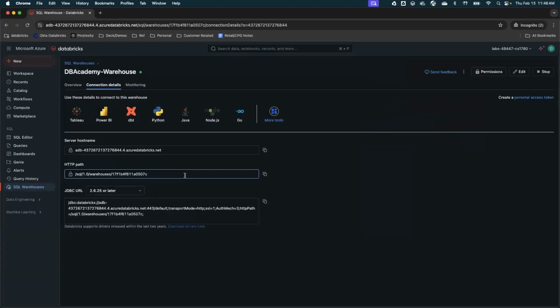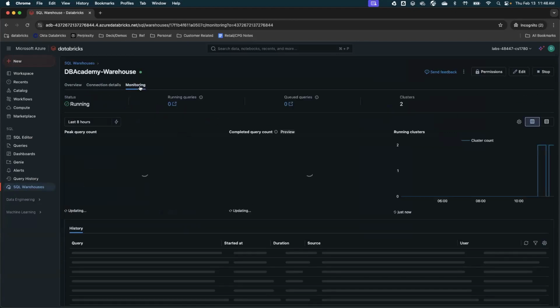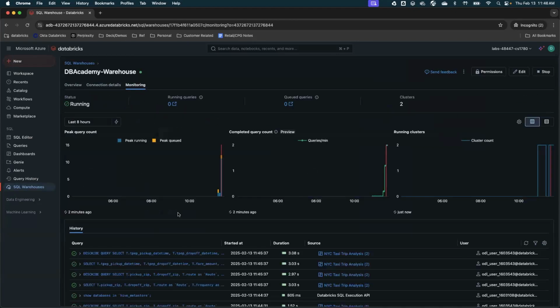You can directly connect to Power BI from Databricks, and you don't really have to download anything as long as your SSO is synced. And you can also see monitoring. So this is where I can see what different queries are being run, what queries are being run right now. And if you see, this is kind of real time, so I can actually see that before